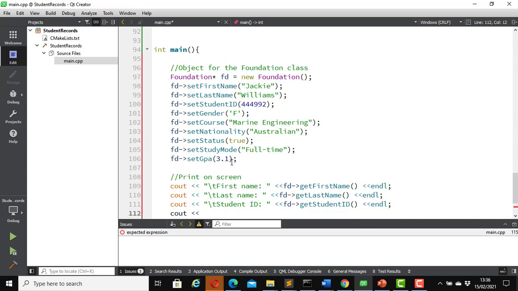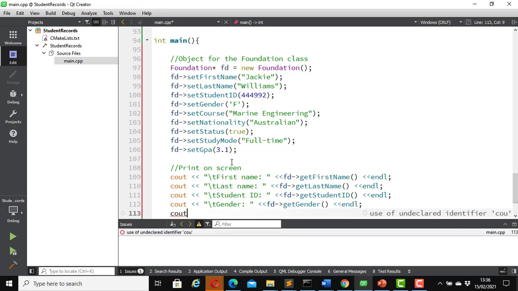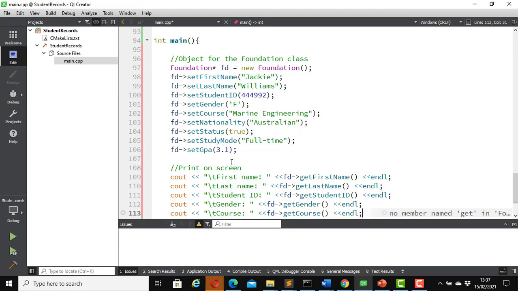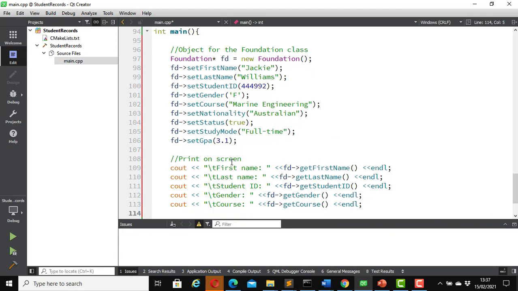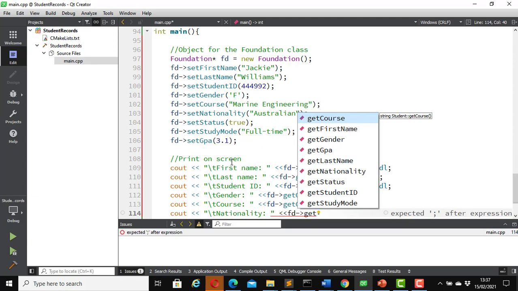The next one there is gender, fd dot get gender, and the next one there is course, cout fd dot get course, and the following one there is nationality, cout fd dot get nationality,